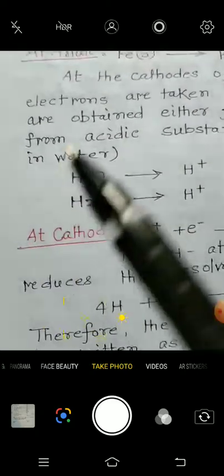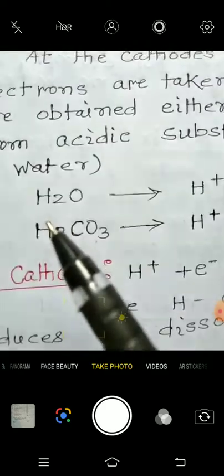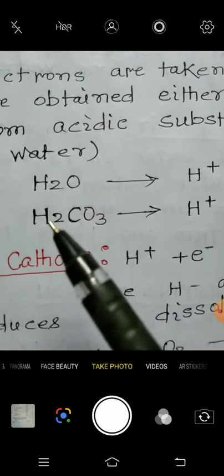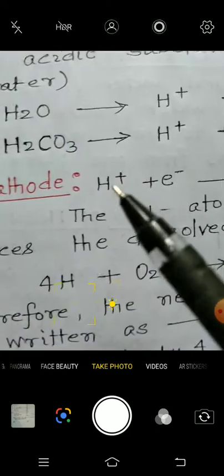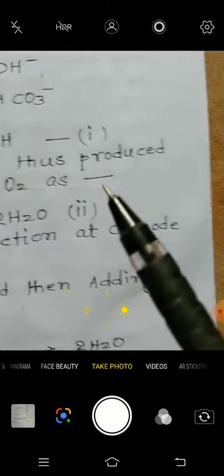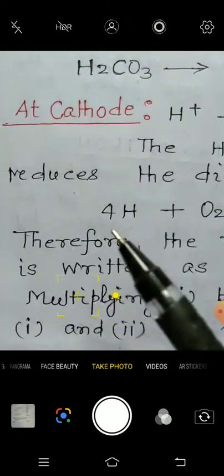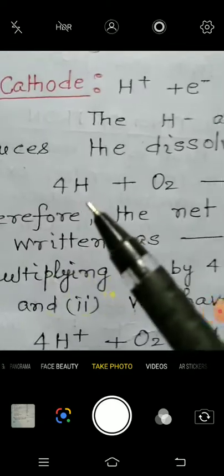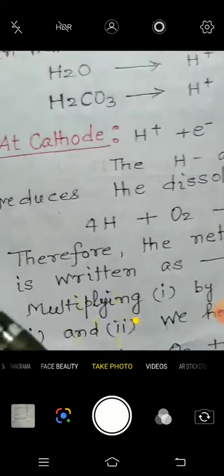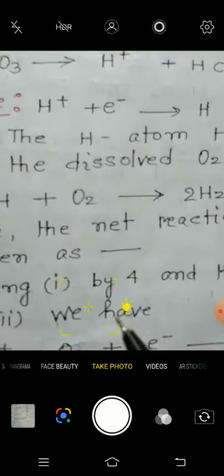Now, this is about the reaction. How does water produce H plus ion and the carbonic acid produces H plus ion. The reaction which takes place at cathode: H plus takes an electron and changes into an H atom, and the hydrogen atom thus produced reduces the dissolved O2 as 4H plus O2, it gives 2H2O, and therefore the net